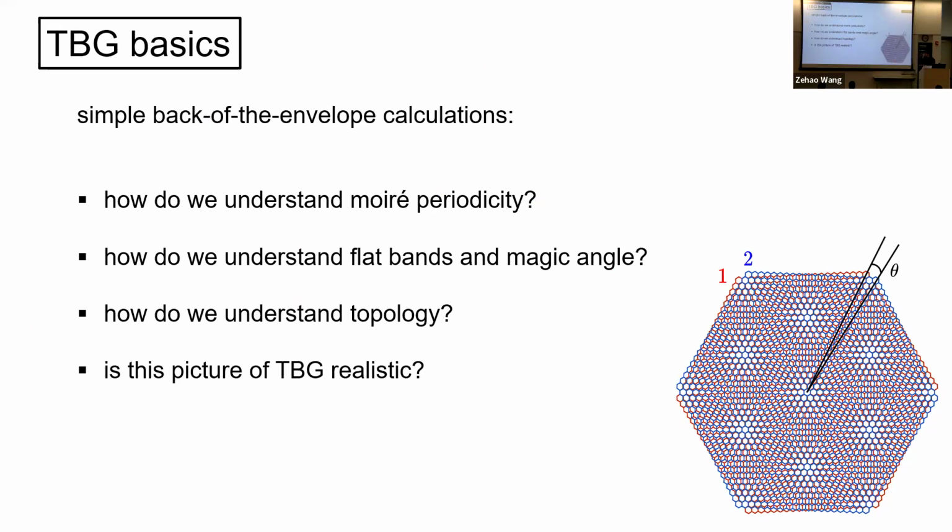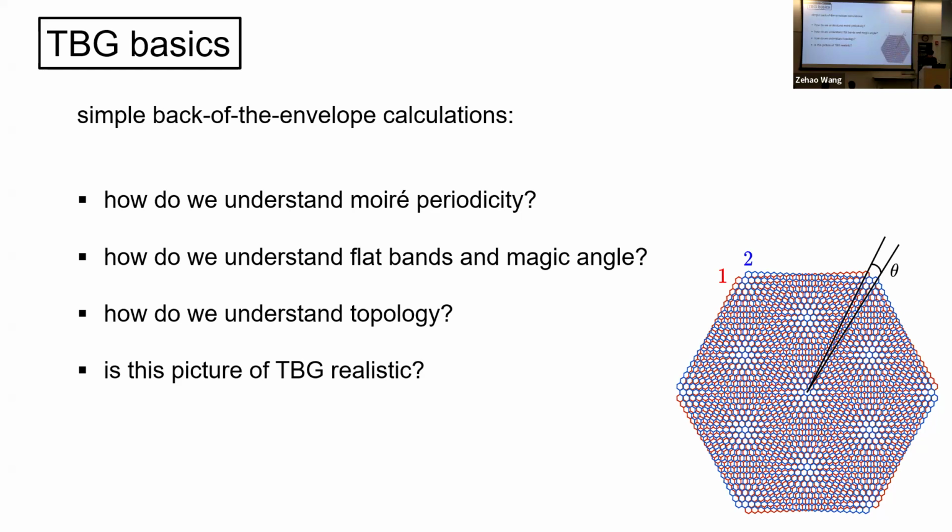Let me finally address the final question, whether this picture of TBG is realistic. I mean, I made this in Microsoft Paint, so I just twisted 2 lattices. So the point is that this is a rigidly twisted bilayer, right? But I told you that a moiré unit cell had thousands of atoms in it, right? It's a complicated beast, right? So who knows what happens in the meanwhile? Like maybe these atoms migrate, they relax, right? All sorts of things could happen, and it's not clear that this is still a good caricature of the actual